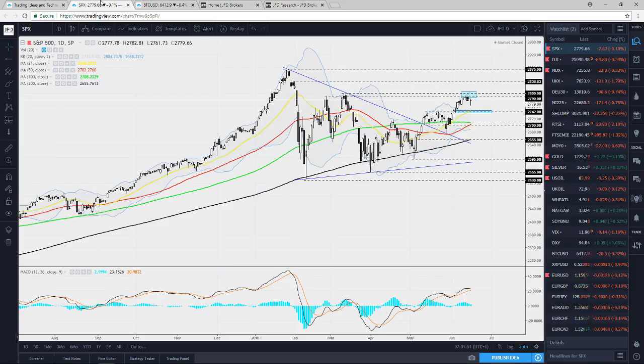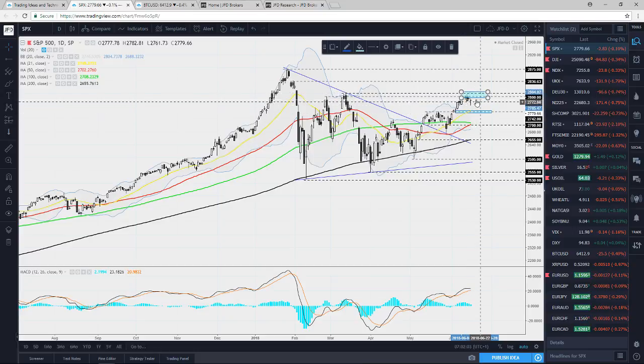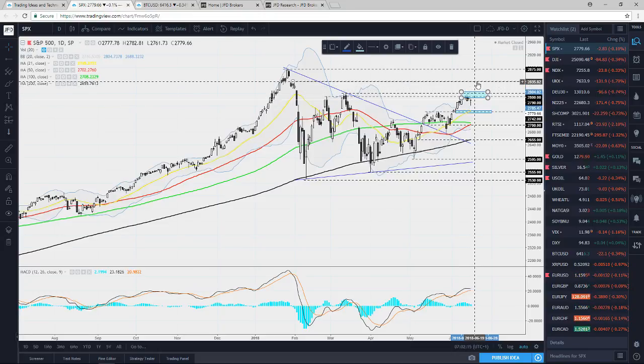But for now, let's quickly have a look at the markets, and the first one I want to touch on is the S&P. Certainly, I'm continuing to watch this area that I was talking about in my previous videos, the 2790 and between the 2790 and the 2800. Certainly, a good area to watch. If we suddenly get a nice boost here and we start piercing through these two levels, well, this could open the path towards higher levels, maybe even going towards this